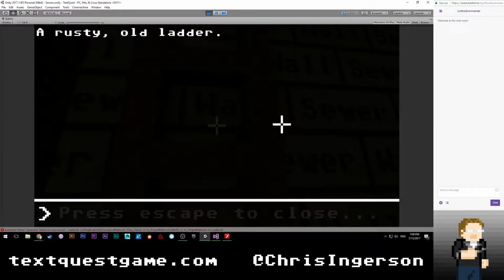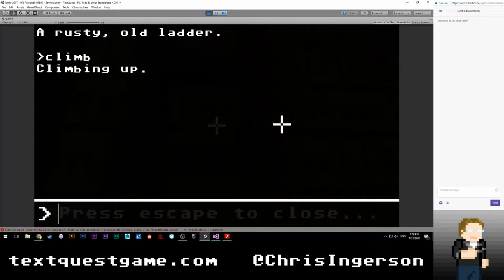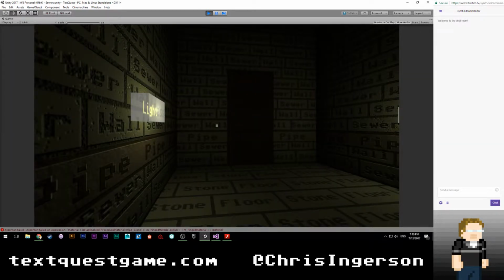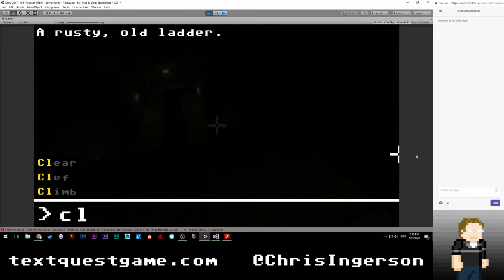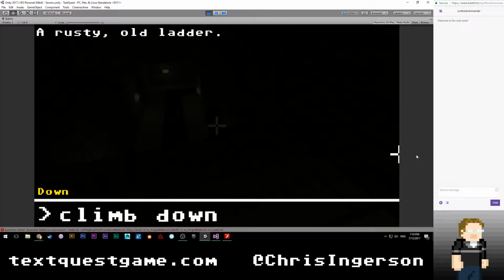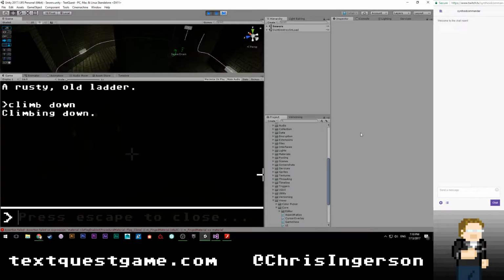What should happen is that fade out that we see in the background. If you pay attention to the back, you'll see it fade to black. That should be happening over the text input, not under it. So I'm going to go ahead and say climb down, and then as soon as I do that, I'm going to pause. Okay, so let's take a look at our UI.